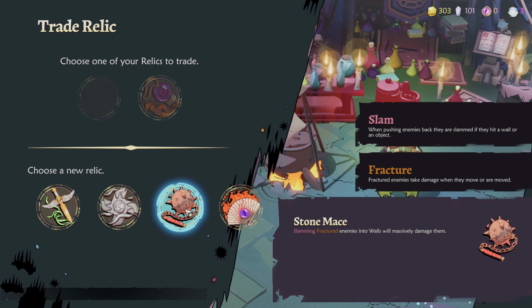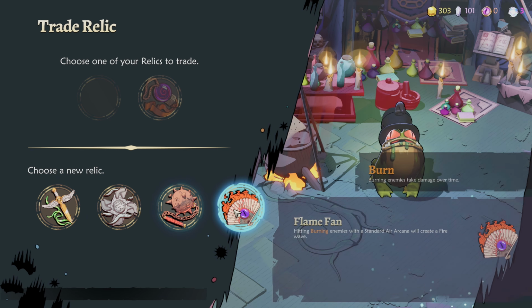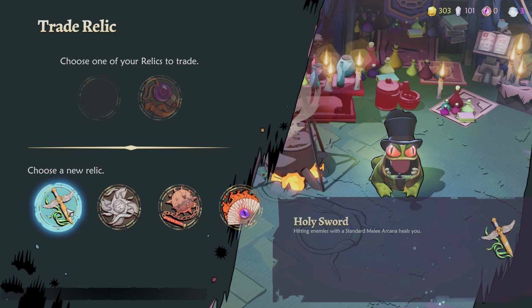Increase all air damage. We don't do any air damage. Slamming fractured enemies. Not really. Yep. Let's try that. Okay, so that should hopefully give us...